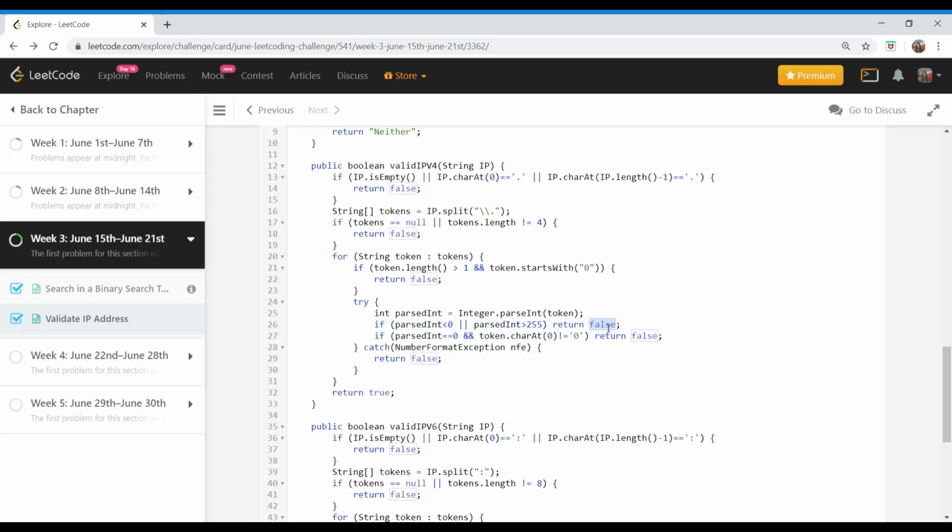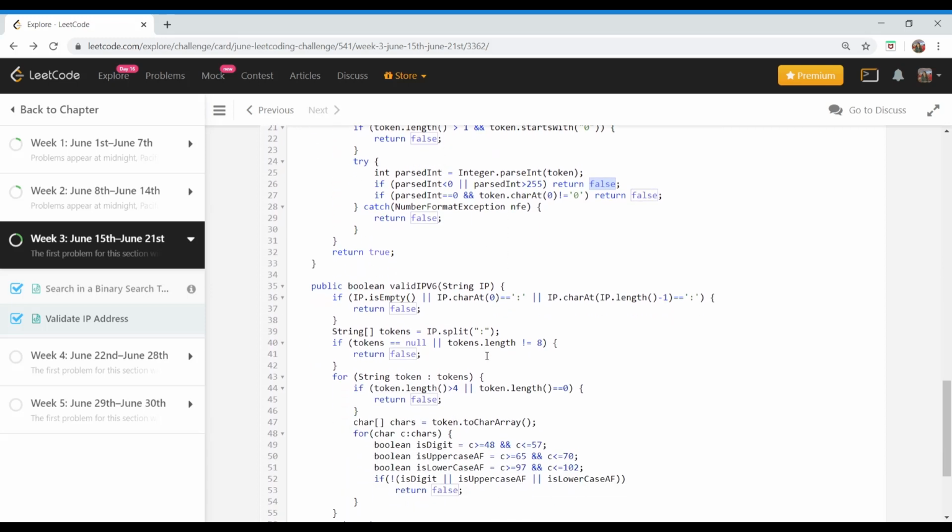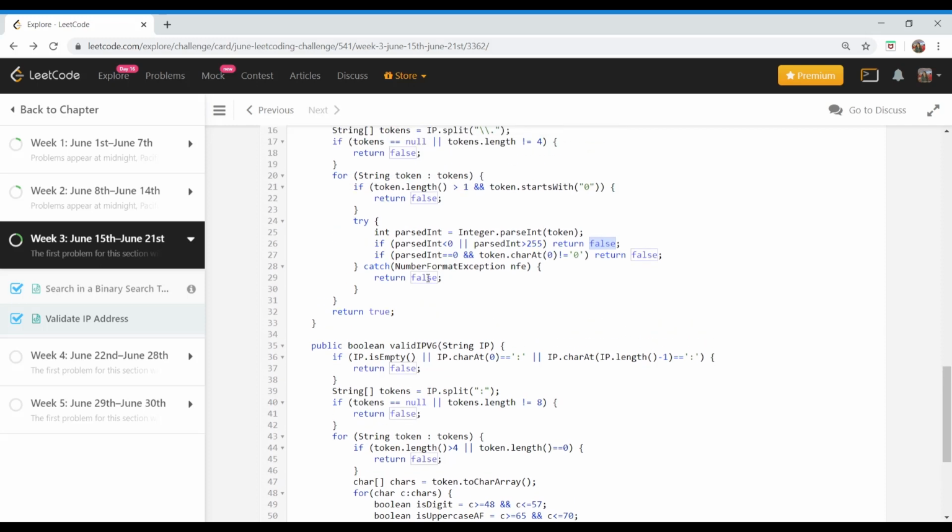If not, then we are returning false. Now, if after processing all the tokens we come out of the loop, it means our address is a valid IPv4. So we are simply returning true.